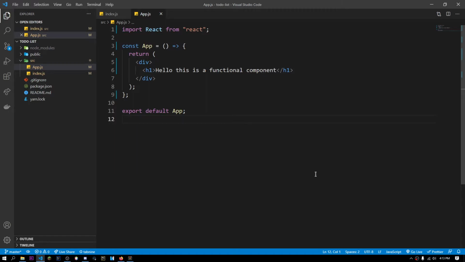Now let's talk about how we can create our own components. So creating a component in React is really easy, as I've showed you over here, but let's create a component from scratch, which we can put inside this component. So in React, the concept of component nesting is literally a basic thing. You can put components inside components, and that's what makes React awesome. So to create a component, we can create a component literally anywhere in the src directory, but for better organization, let's create another folder called components, and in the components folder, let's create a component called